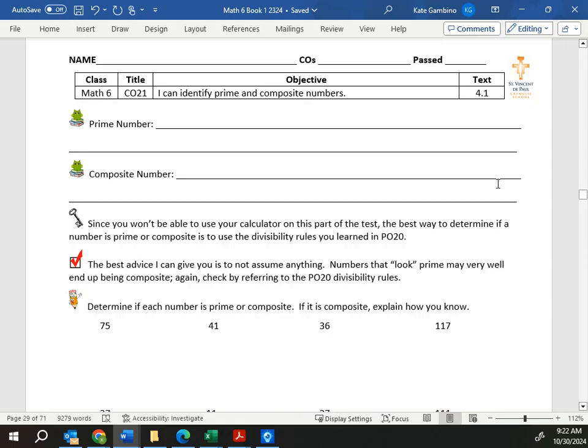Okay, good morning. Today we are starting our next objective. I forgot to pass out the sheets. So if you need a sheet, come on up to me. We are working on